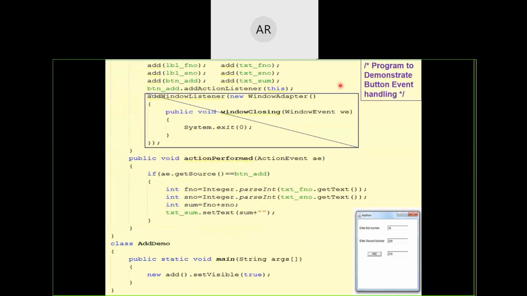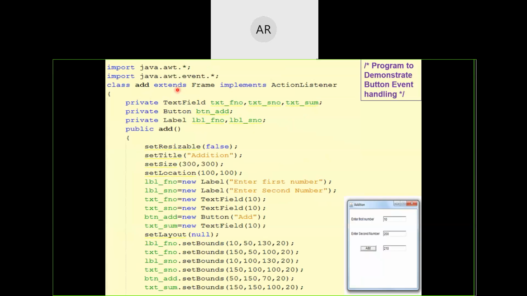This addActionListener will take this as the parameter, which points to the current button which has invoked that method, and it will register this component with this action listener interface.